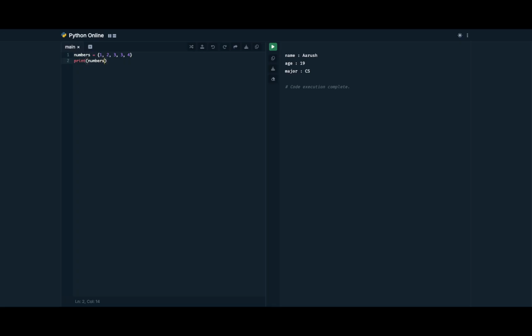numbers. And now remember, I said a set removes duplicates, which is really useful. That's a really useful thing you should remember about sets. So if we print this, it will remove the duplicate 3. It'll only have one 3, only unique elements in a set. Remember that. So you're also probably wondering, as I said, curly braces, like a dictionary. That's also because sets are built on hash tables, just like dictionaries, but they only store keys, not key-value pairs. So